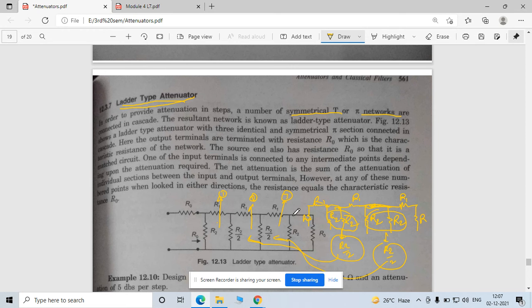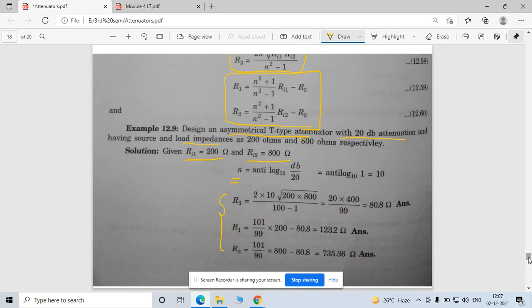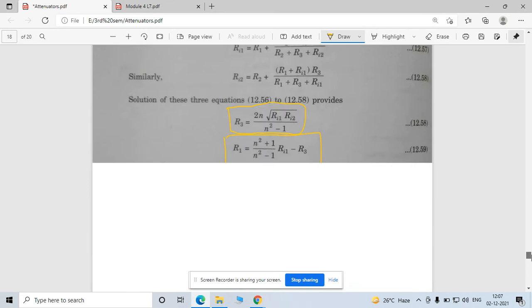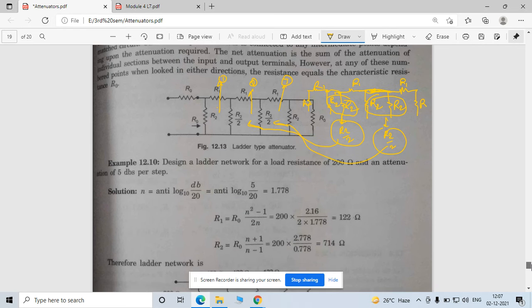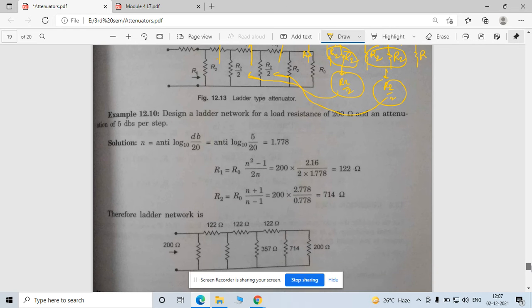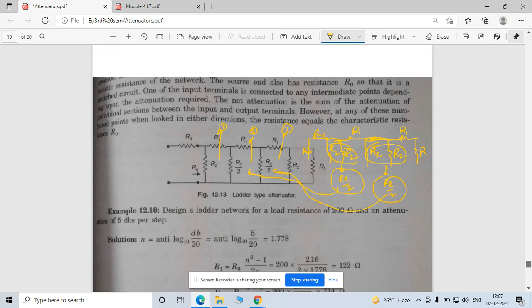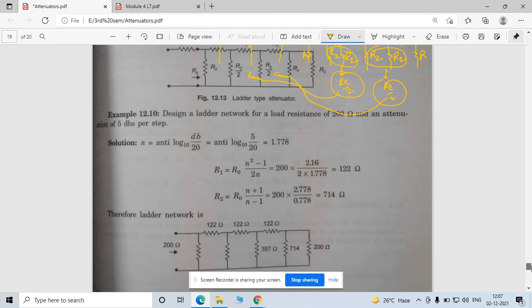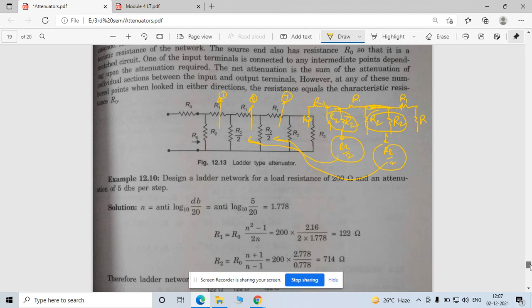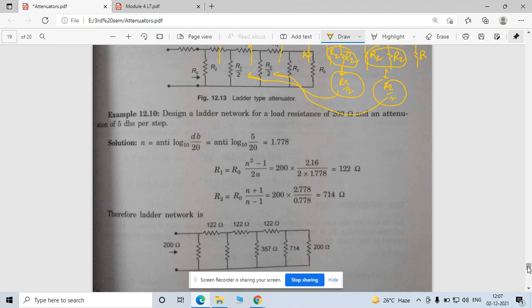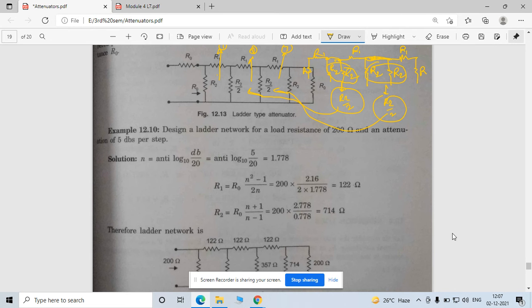The same way, there are three circuits which are connected in parallel. This cascaded form, three parallel, three pi circuits. Now, the same way, you can observe this with the help of this equation, right? This equation came from your pi network, which we already covered.